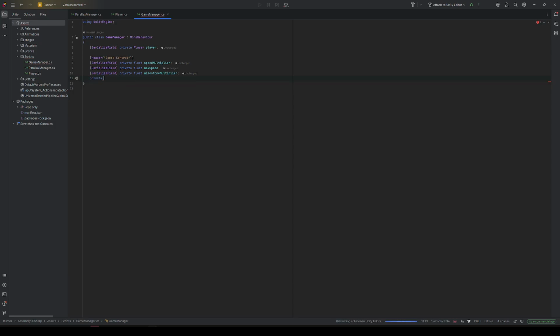And now let's create a milestone itself. We don't need this to be a serialized field because we're not going to set the value in the editor, in the inspector, for this value. And also we would need default speed and default milestone, but we will add this later because we're going to use that for speed reset. Right now, we're going to do